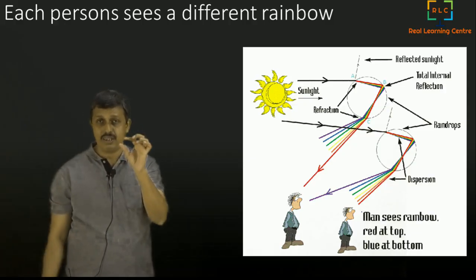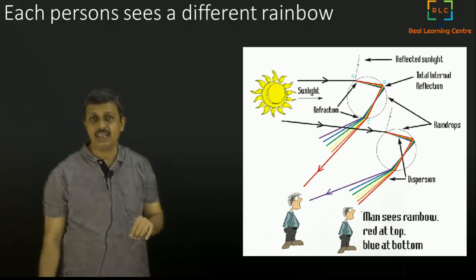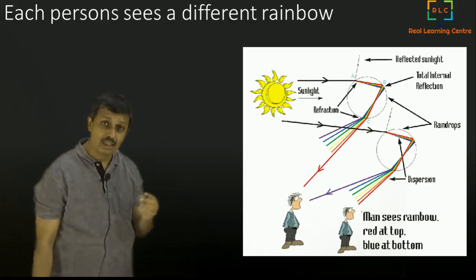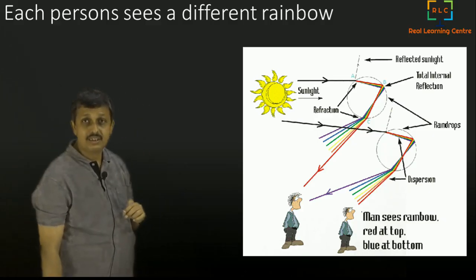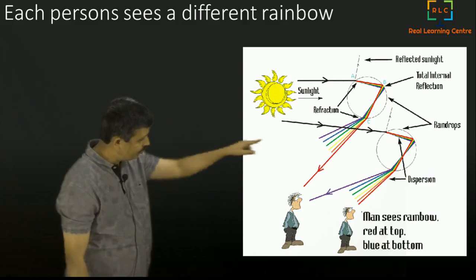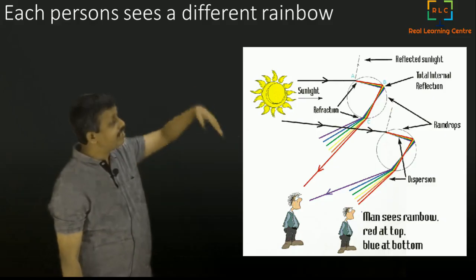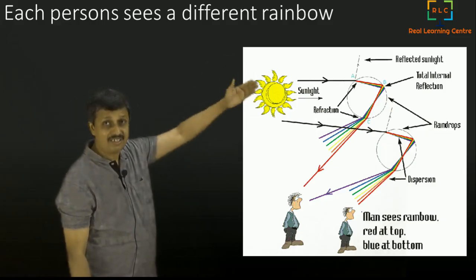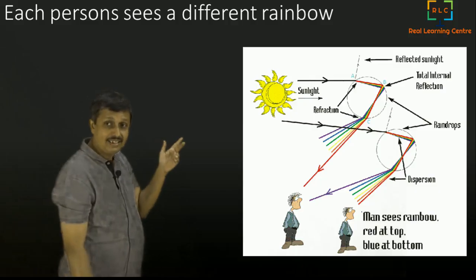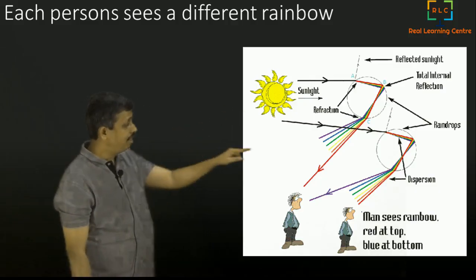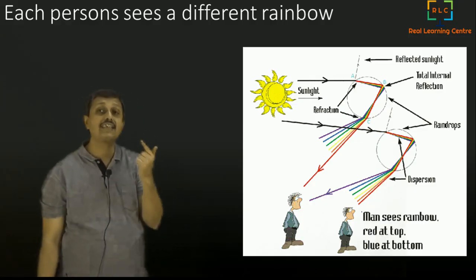From one single droplet, when it goes through dispersion and comes out with separated light, we can't see all the light that comes out of one droplet. If you see this bottom droplet, we can see the violet one. But the red one is going down, we can't see that. But we can see the red of the droplet which is above that, because that is coming towards you. So the red is coming from one drop and violet is coming from a different drop. Both of them are coming to your eyes.